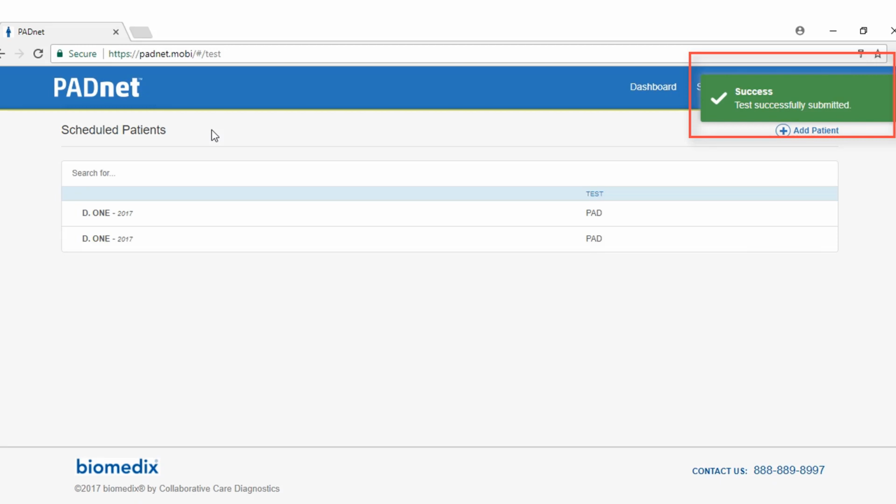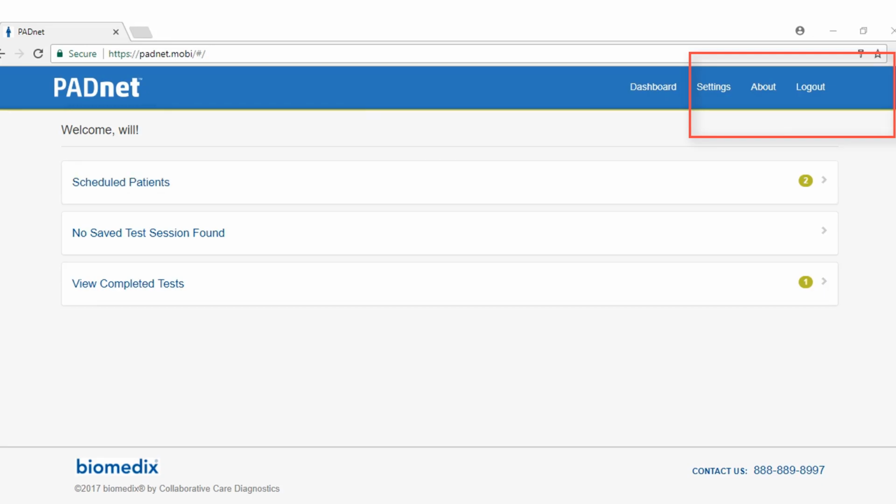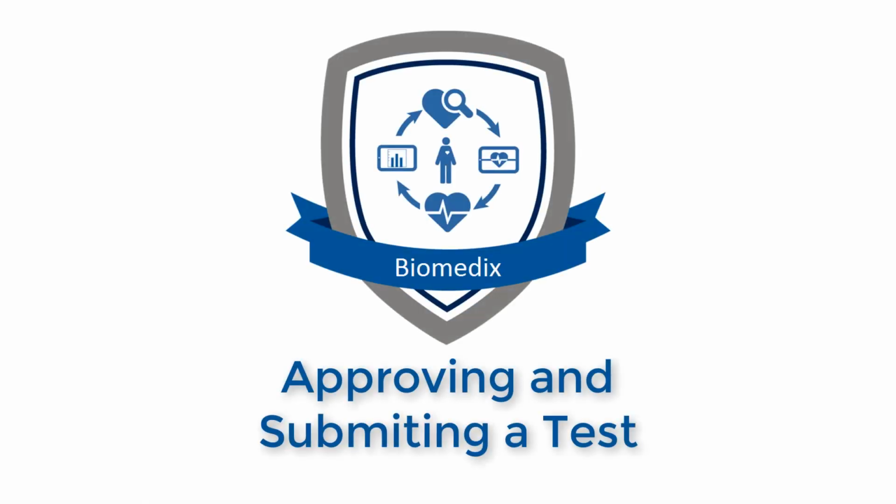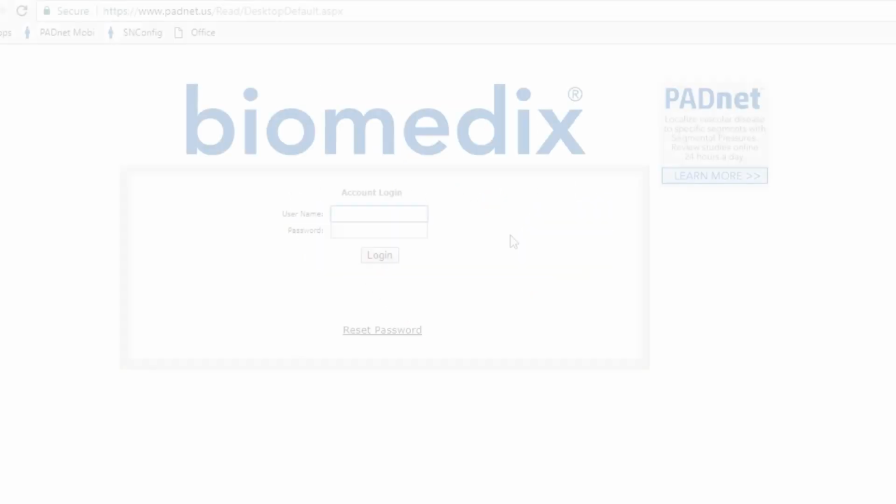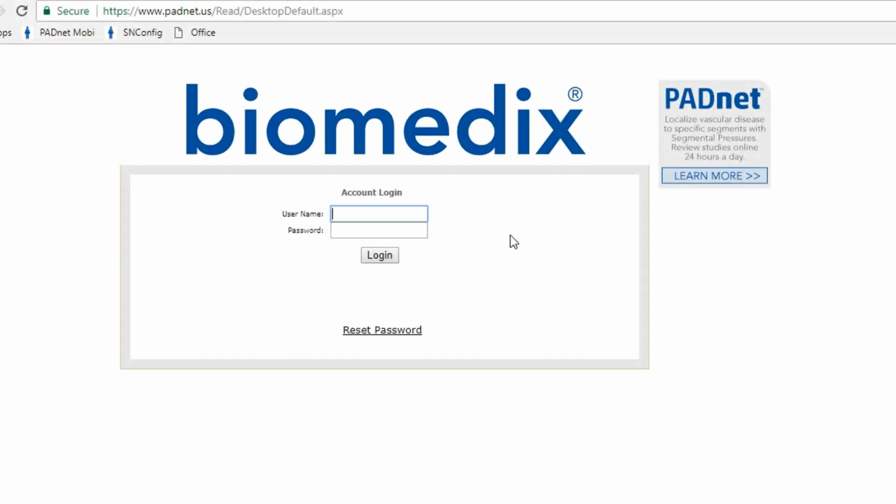As you can see, the system informs you that the test has been submitted to the read site, where we entered the demographic information at the beginning of the test. Once the test has been completed, it migrates back to the remote view site where we scheduled the test. Log back into the remote view site,